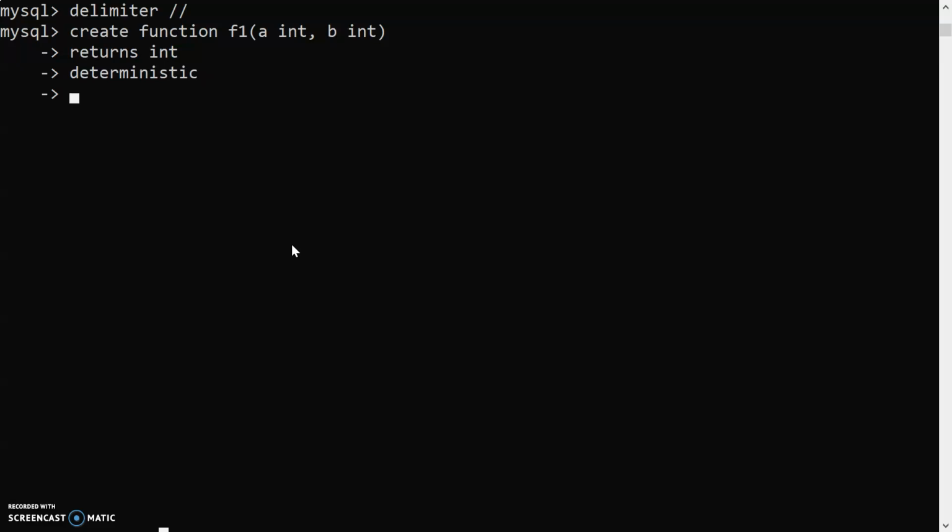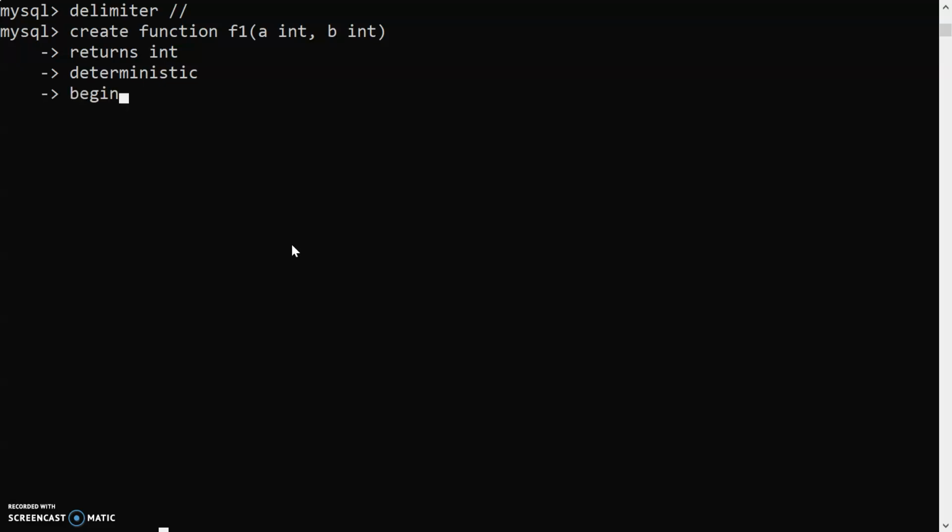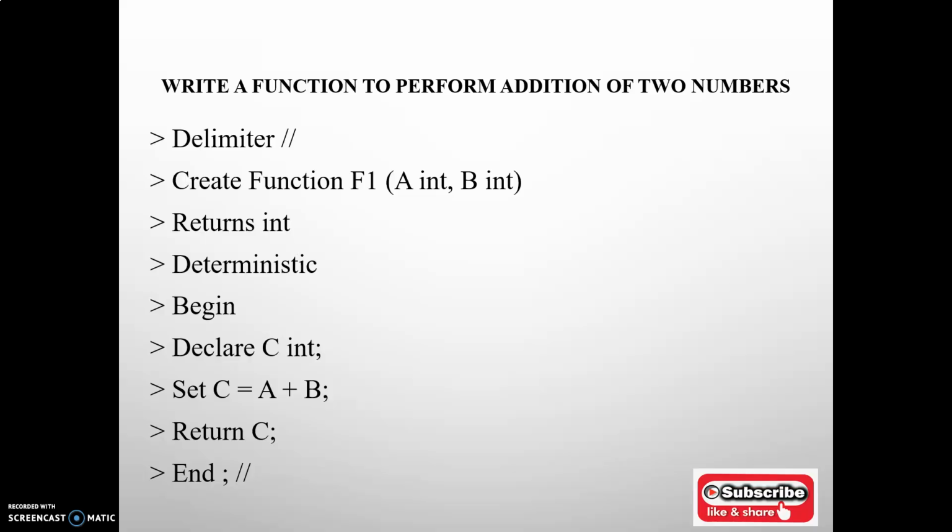Then after that, we will declare the C variable in the BEGIN section, with the data type, and then we will perform addition. SET C = A + B, and then END, right?